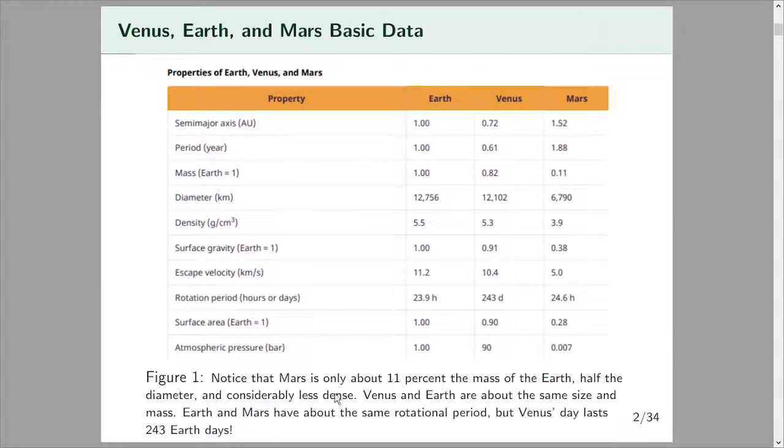And so you can just look on the left, here's the property, and then it's Earth, Venus, and Mars. The semi-major axis, the Earth's semi-major axis is 1, Venus is 0.7, and Mars is 1.5. Just for a brief review,